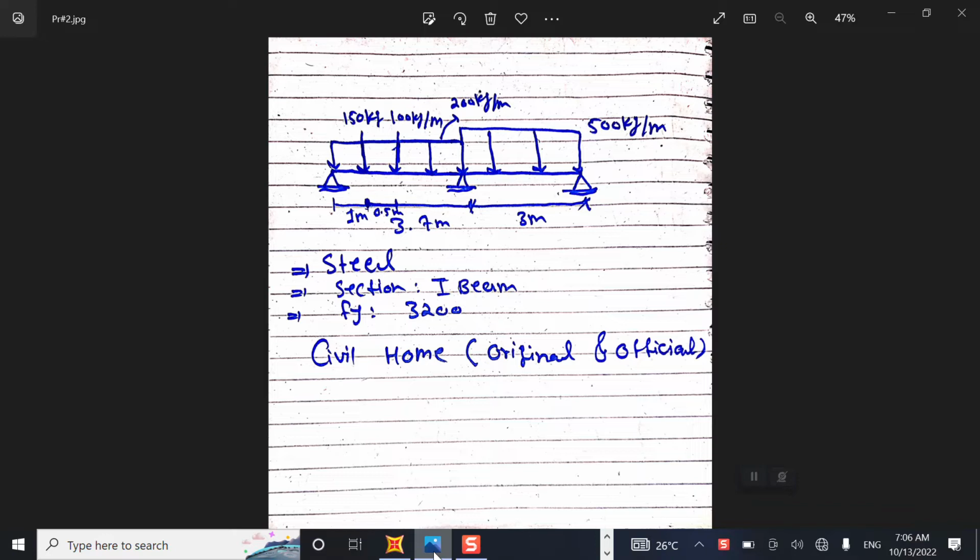This beam is made up of steel. In the previous episode, we designed and analyzed a beam made up of concrete, and we learned how to design a structural element made of concrete. But in this episode, the beam is made up of steel, and it has a section